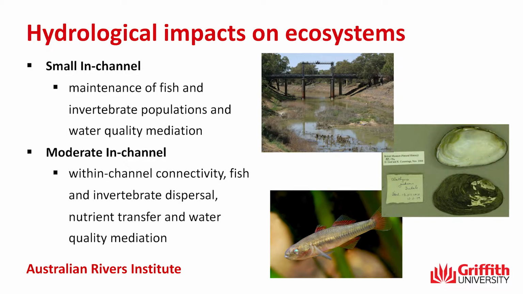And on that slide, you'll see out to the right the river mussel, Alathyria jacksoni, which was very common in the trunk of the Darling between Brewarrina and Menindee. In vast parts, I suspect it is now regionally extinct. It wouldn't have survived the really dry times that we've had in the last couple of years. That mussel can't tolerate drying at all. It needs permanent water. And with the river around Wilcannia being pretty much dry for quite some time, I suspect those populations have gone extinct.